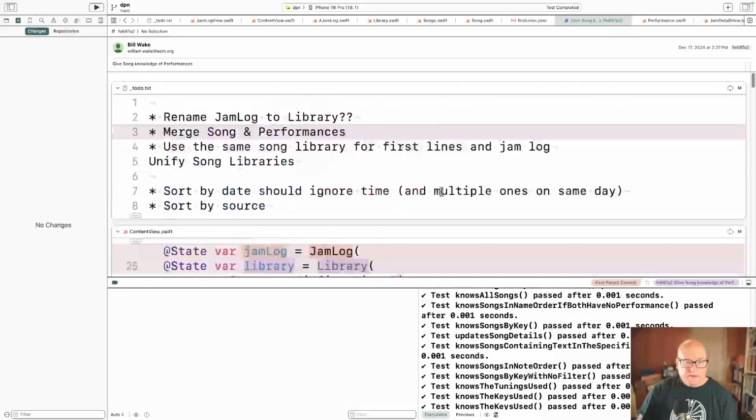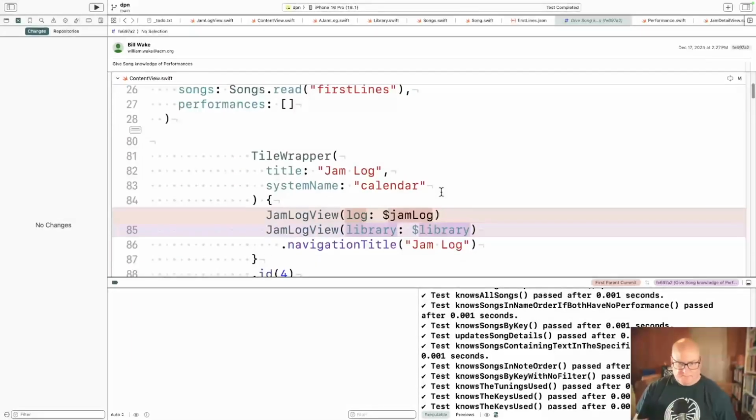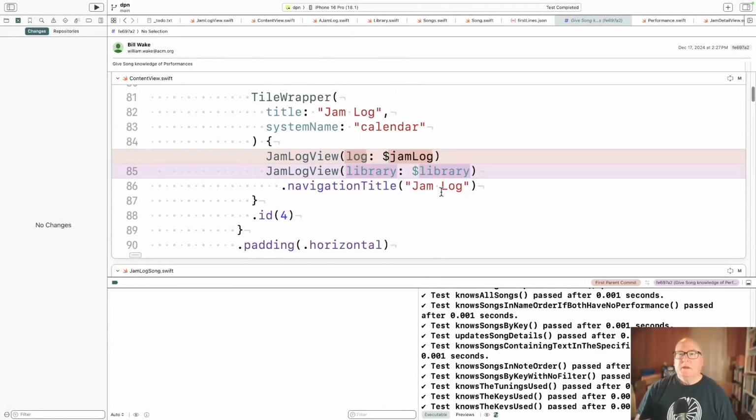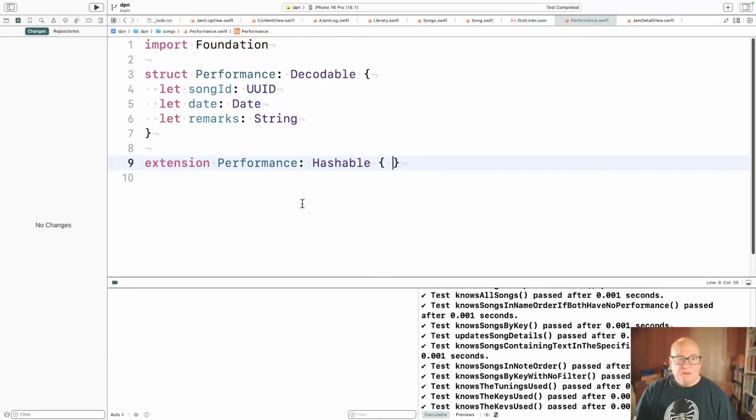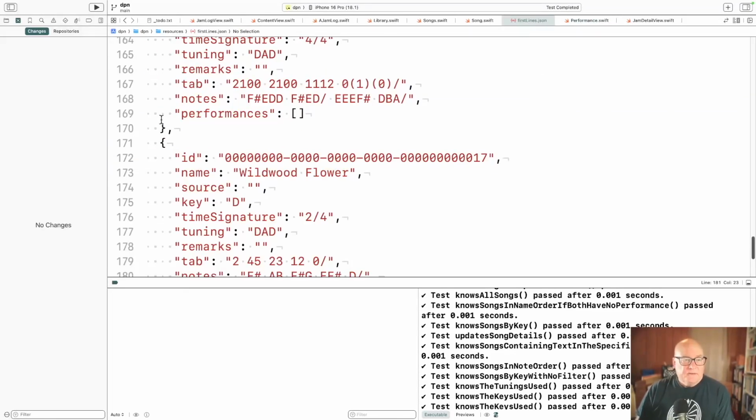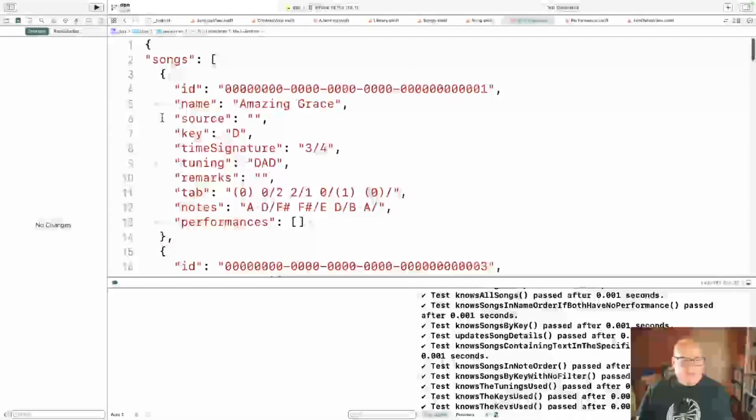All right. So the thing to do, I want to do this kind of, it's called parallel change, right? We're going to make it so that anybody who changes performances is going to also change song. And then once we have that all in place, we can switch everybody to use song. And once we have all that done, we can remove performance from the universe here. And I think maybe this should become songs.json.